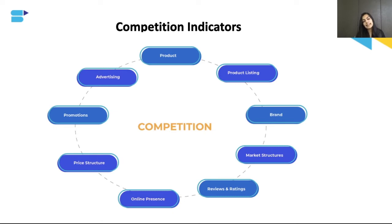Online presence, like I said, you can check out what platforms they are selling on apart from Amazon. Do they have a website? What are their marketing strategies? Marketing strategies again come under promotions and a little bit of advertising. Okay, since we're talking about marketing strategies, let's look at it. So promotions